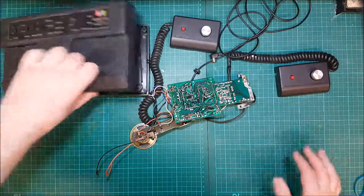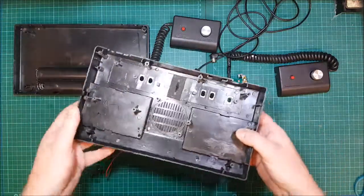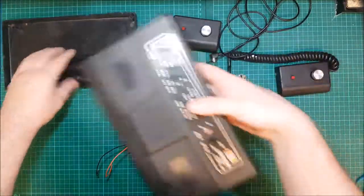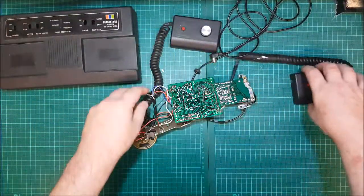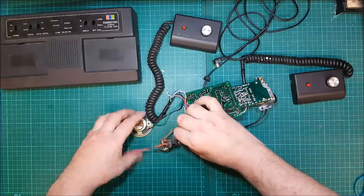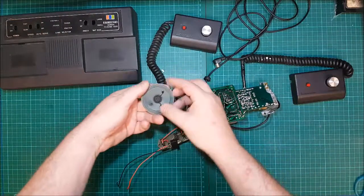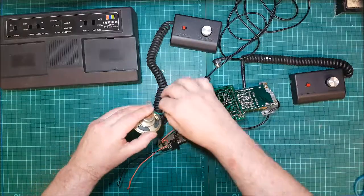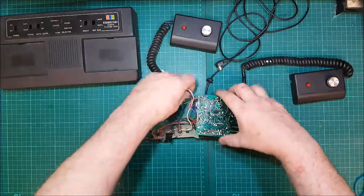As you can see, I've gone through, took this completely to pieces, got the case off, back down to the bare motherboard. I found I had a little bit of a problem. I've stuck a hole in the speaker. I'm not sure if this works. Need to get this tested. But what I'm going to do to start with,